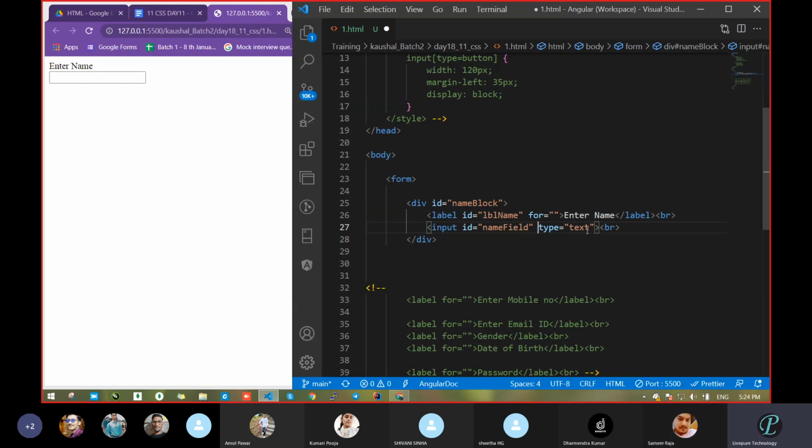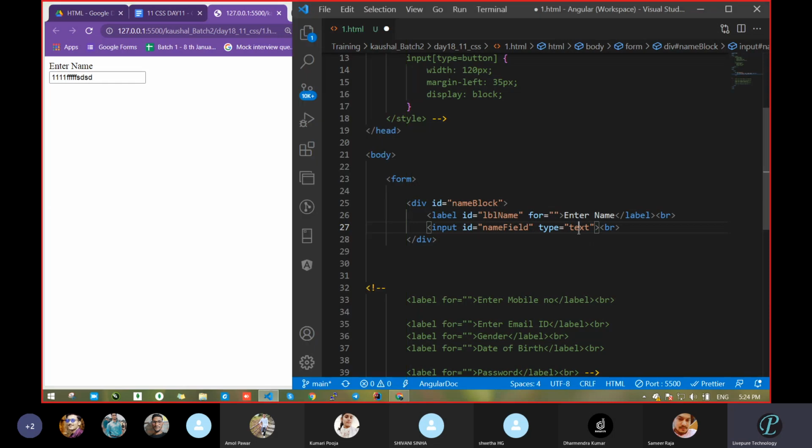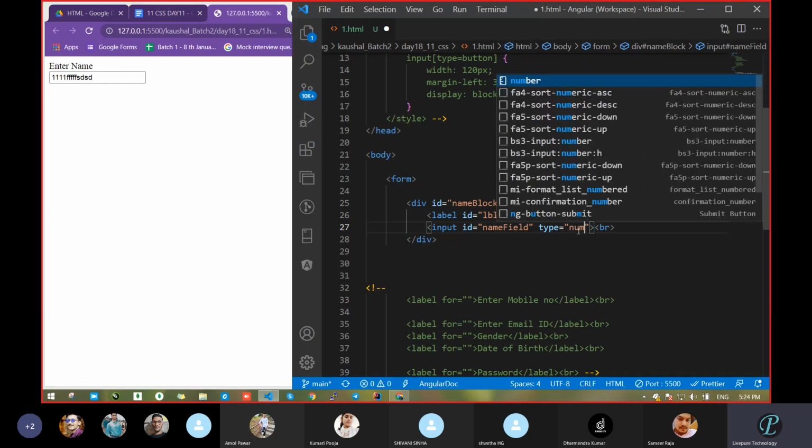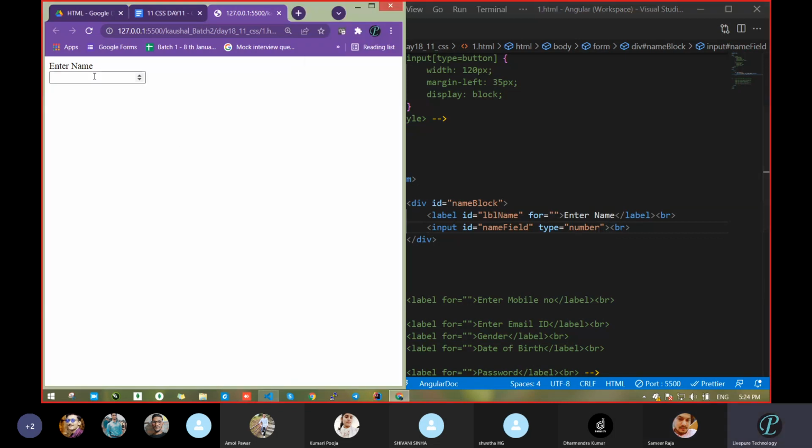Suppose I take text, okay, I can pass anything. I passed the number also and the ABCD alphabet also, capital, small, anything. But remove this and pass a number. Type equal to number. Save. Now you can't pass an alphabet here. See, I'm trying, but it can't.